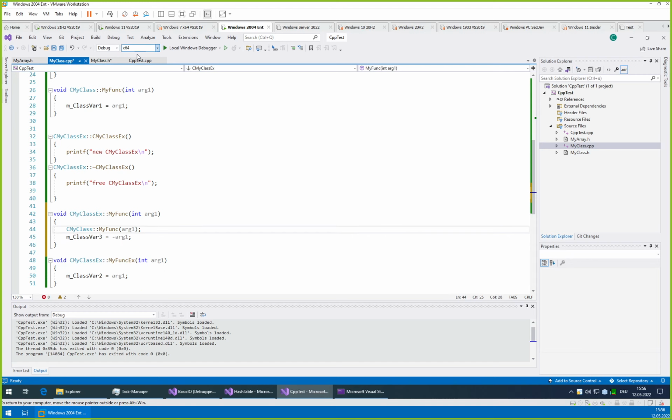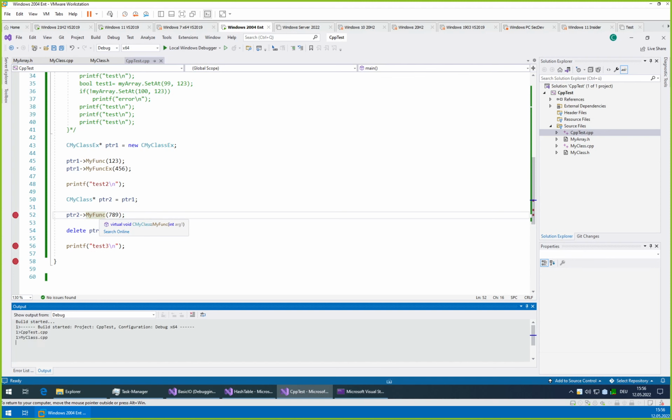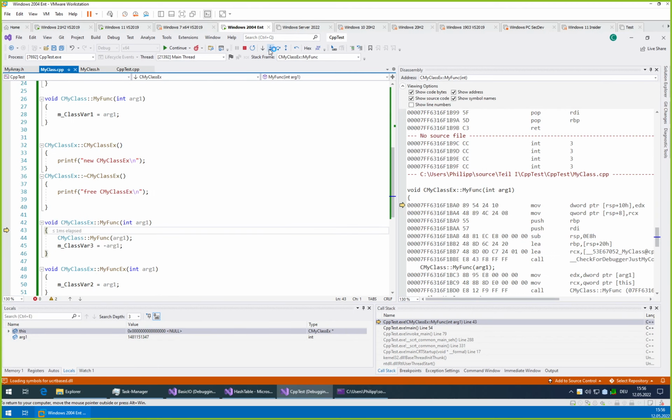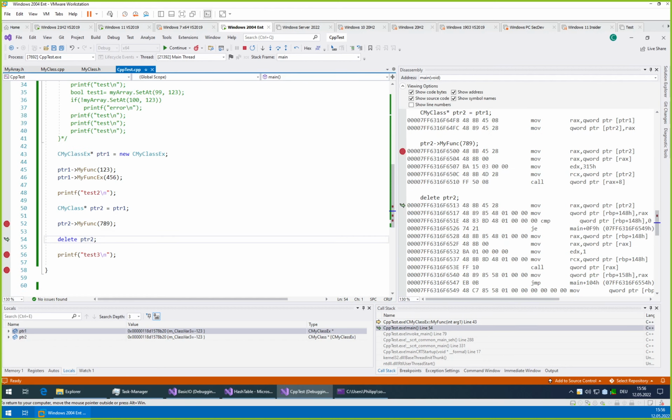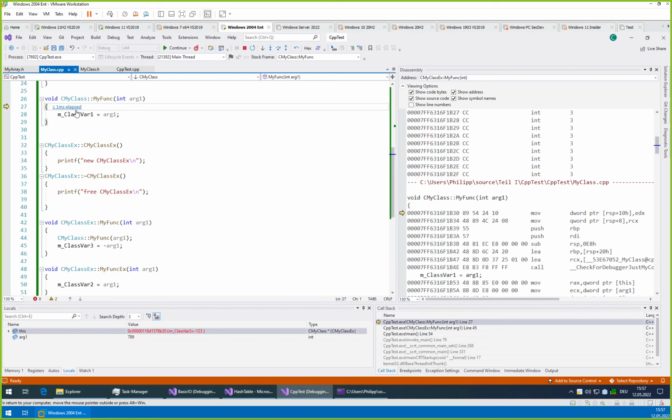So now if we have here our pointer2 on which we call myfunc, when we put a breakpoint here and enter, we will see that we'll end up still in the X case. So you see it worked. We ended up in the child class despite the type of pointer2 just being the normal class. And then like this we can access the parent class's implementation of the function.